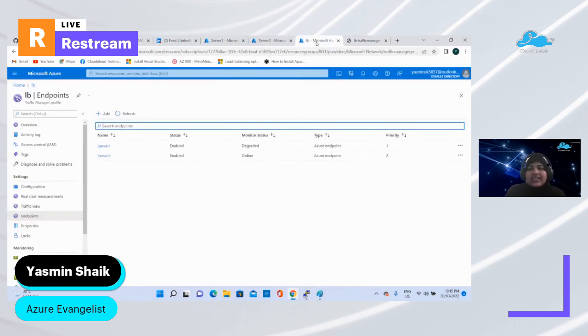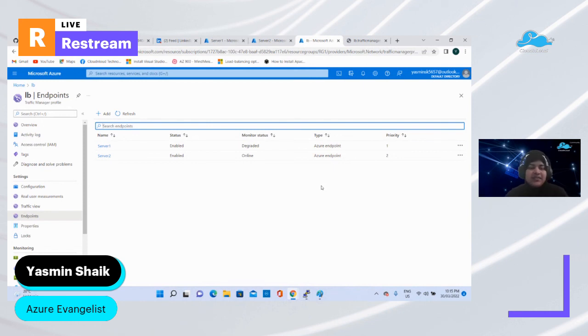So like this, it will make sure, based on the server endpoints' health status, and it will continuously monitor whether it is online or not. Based on that and based on the routing methods you have selected, it will distribute your traffic among all the virtual machines, among all the regions or in the same region you have chosen. So this is one of the examples based on the Traffic Manager.